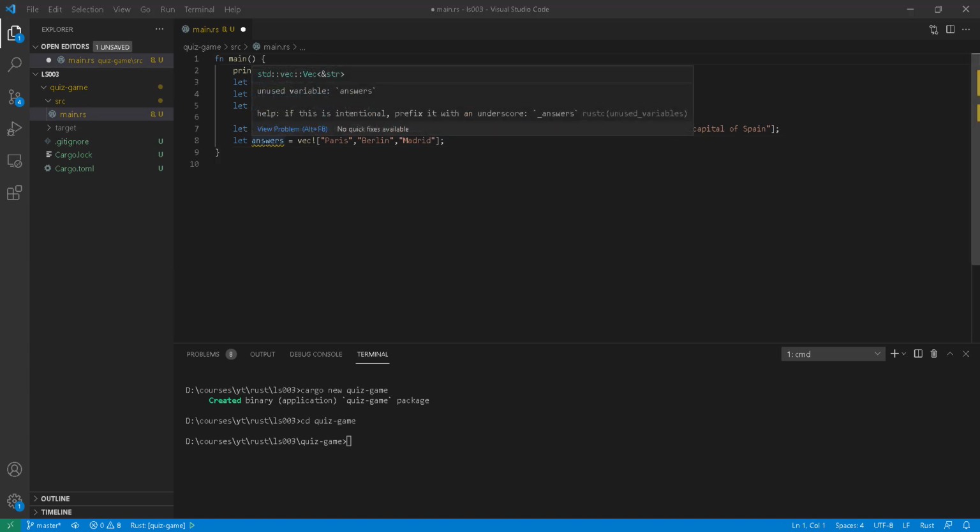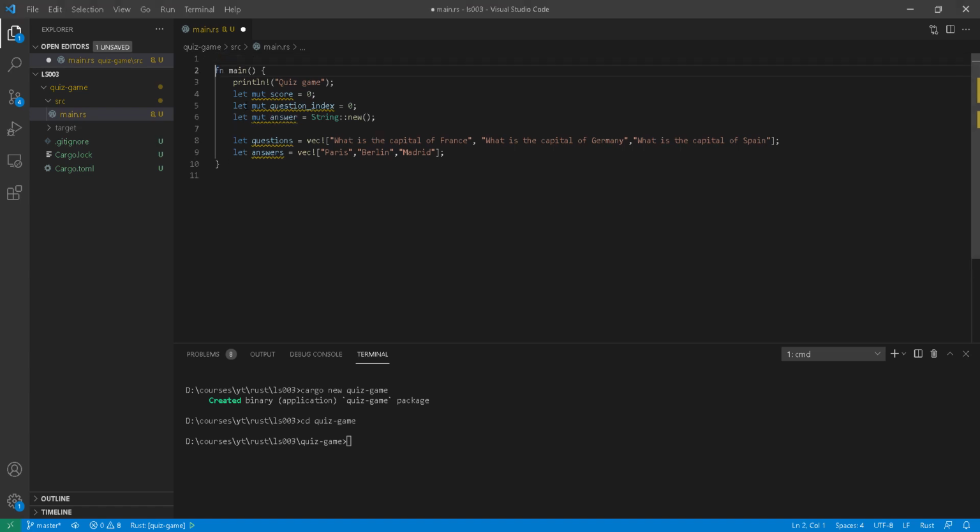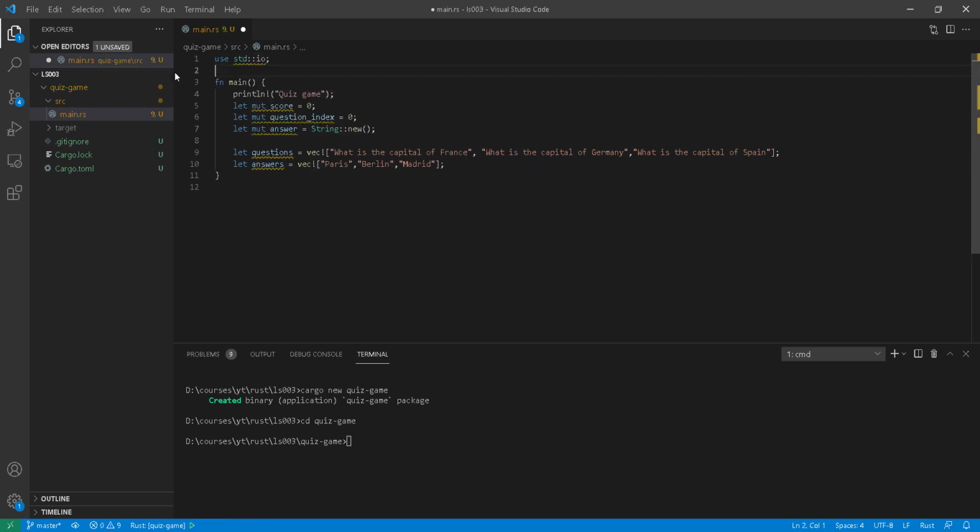Okay, so now I need a way to read the user's input from the terminal. How do I do that? Well, in Rust, there is a way to import libraries, or crates in fact, right? In this case, I'm just going to import the standard input output library. And the way to use it here is literally just going to come in here and go IO, and there will be a function that you can